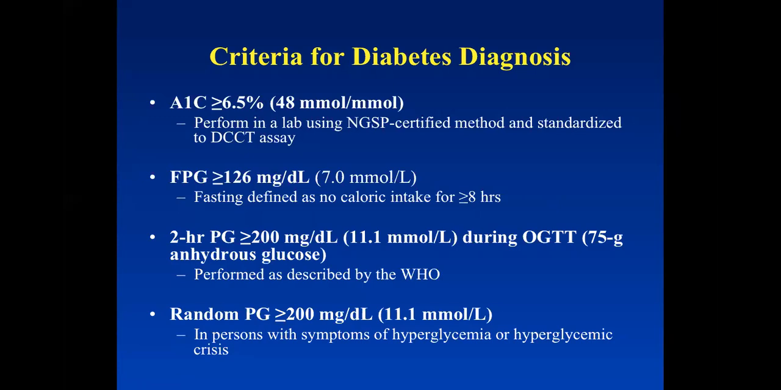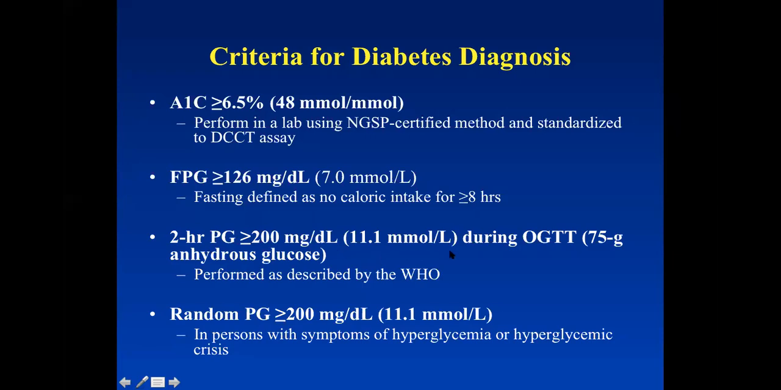Fasting is defined as no calorie intake for more than or equal to 8 hours. So usually we fast overnight. 8 hours is enough. We don't recommend going beyond 14 hours of fasting, because then people tend to have low glucose levels. So roughly 8 to 12 hours, maximum 14. During this fasting, they are not allowed to eat or drink, but they can take a little bit of water. Then the 2-hour plasma glucose cutoff is more than 200 milligrams per deciliter, or 11.1 millimoles per liter,